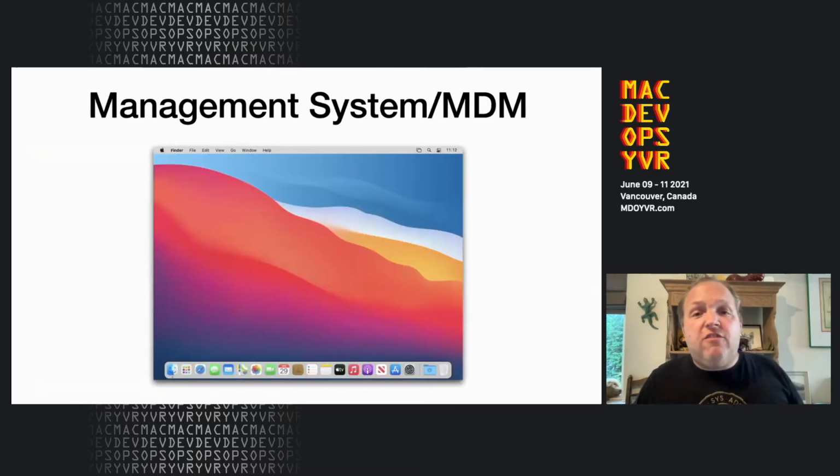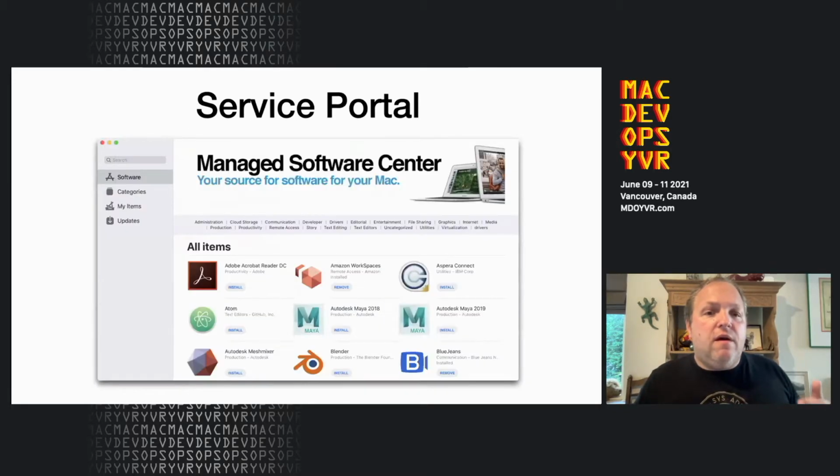So managed installations don't really have a UI. I didn't really know what to show because usually they run in the background and you don't see them. That's kind of the point. Actually, if you want to make them visible because they're big installs, that's kind of a challenge, and there's tools for that. But yeah, users also use them when they go through a service portal like the Monkey Managed Software Center or the self-service apps for the various